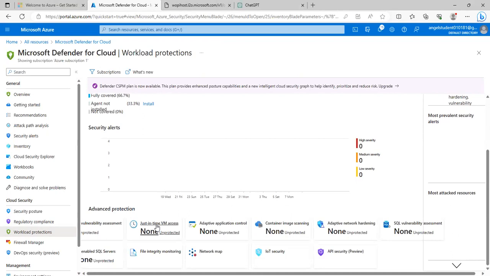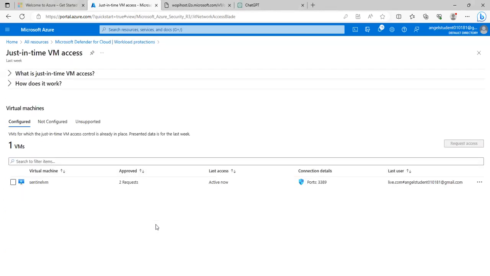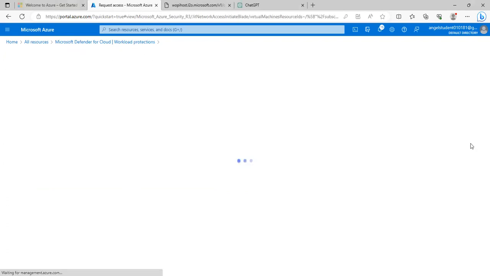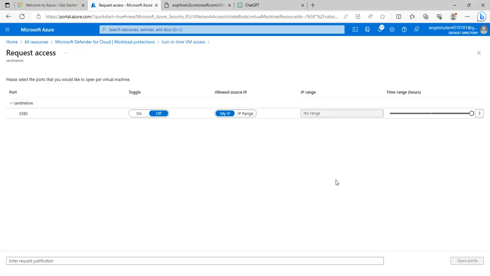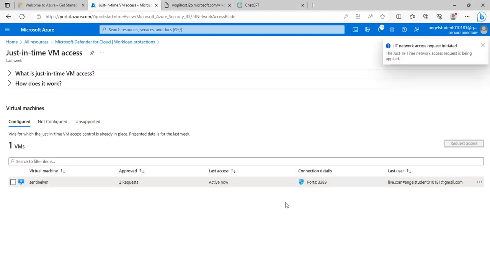Over here, we're gonna go to advanced. So just in time, and then we got this. We'll make a request on this, request for our machine to be done. Please select port on open port, and